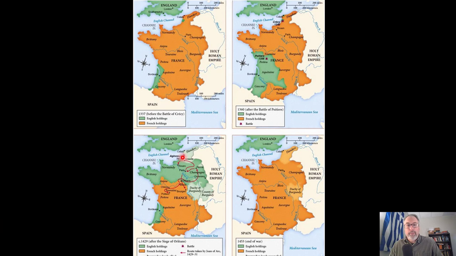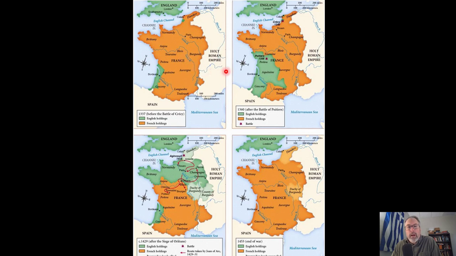Now, I found this really interesting image, which shows the phases of the 116 years' war. Phase 1, Phase 2, Phase 3, Phase 4. And what I find so interesting, kind of unintentionally funny, but also really depressing. So look at this, the territories that were held as the war began. And it's more or less, if you know your map of Europe, what we think of England today and what we think of France today. The territory of France is a little bit bigger today, but the territory is roughly the same. And the only difference here is that you can see these minor English holdings, in the green, in French territory at this time.